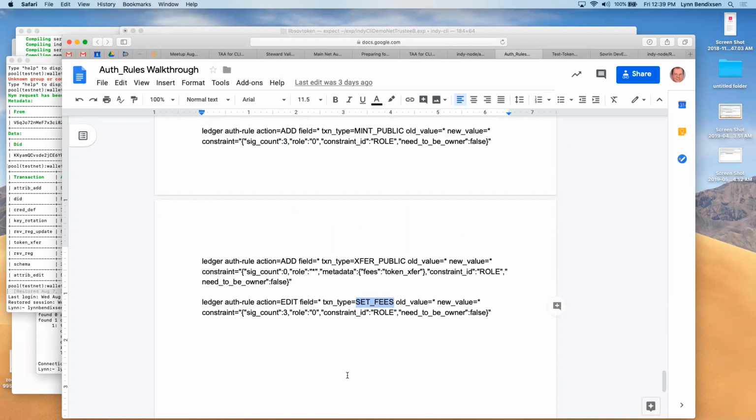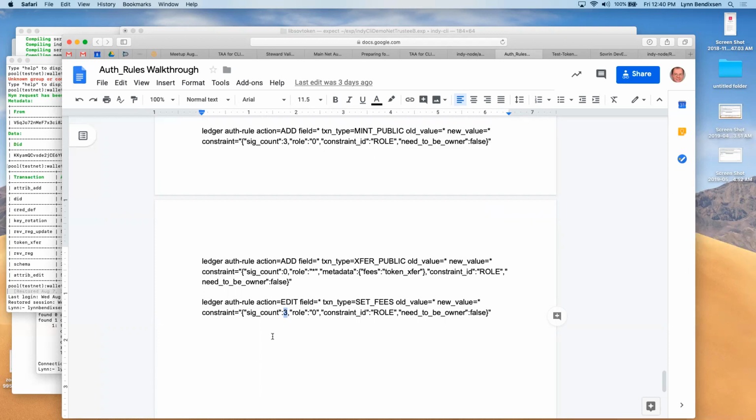So we can say, you know what, I'm tired of having to pass that around to other guys. I'm just going to do a sig count of 1, sign it myself, and I'm good on my own ledger, right? That's another caveat, a warning I forgot to tell you about. If you do the Auth Rules as listed in this thing here, I did take the added precaution of not doing the Auth Rules one at the end. That's a set thing that I do after I run this batch script. The last one is setting the Auth Rules so that when you change Auth Rules, it takes 3 of them.